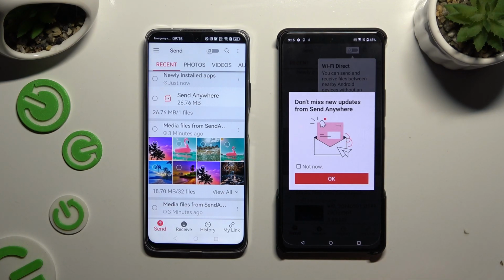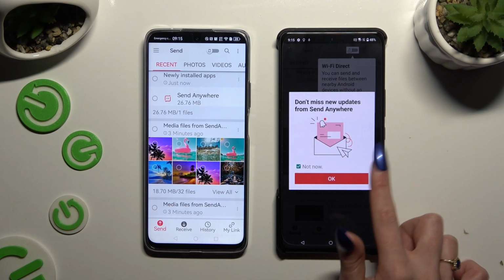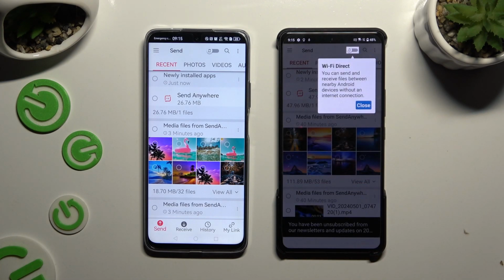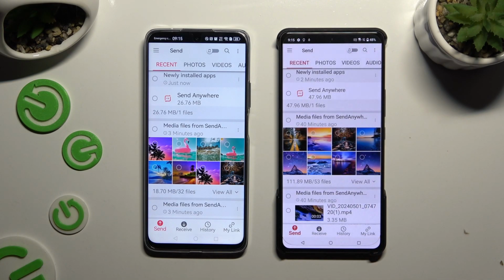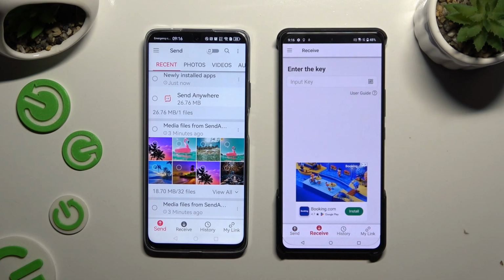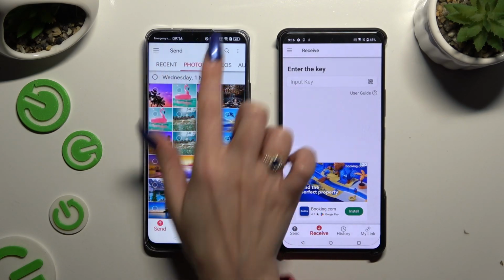In this window though about new updates, you can tap on Not Now or close it right away by hitting OK. Then click on your Android screen. It's time to select Send at the bottom left corner of HUAWEI and Receive right next to Send at the bottom of an Android. Also on HUAWEI, use all of those categories at the top and select all of your